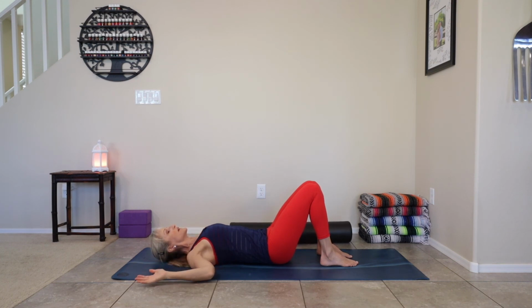Go ahead and bring your arms up to cactus arms or bend the elbows at 90 degrees. Slide your elbows to about shoulder level. Feel things opening up. Good, now turn your head to the right